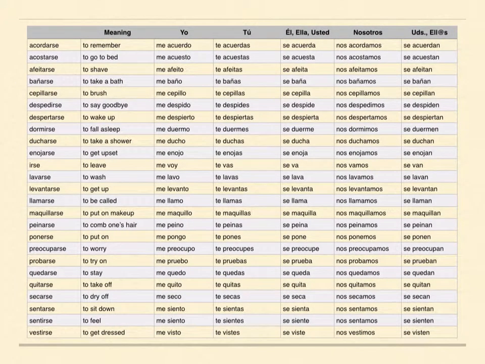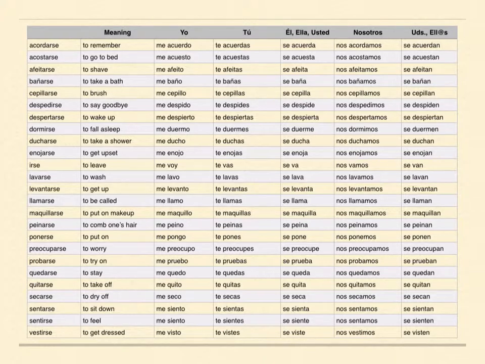First of all, these are the conjugations for reflexive verbs. These are important to know, so memorize them and practice them. Acordarse, starting at the top left, is a reflexive verb. And I know that because of the little part se at the end. If you look up any verb and it has a se at the end, that means that that verb can